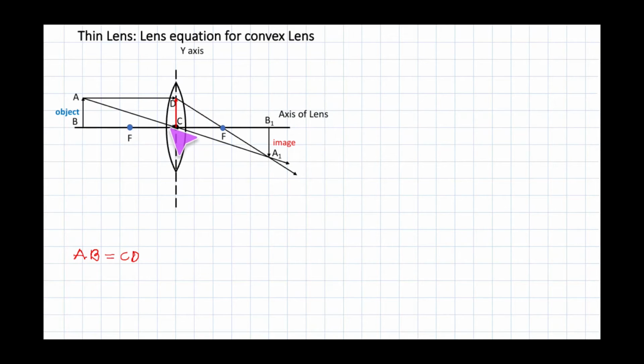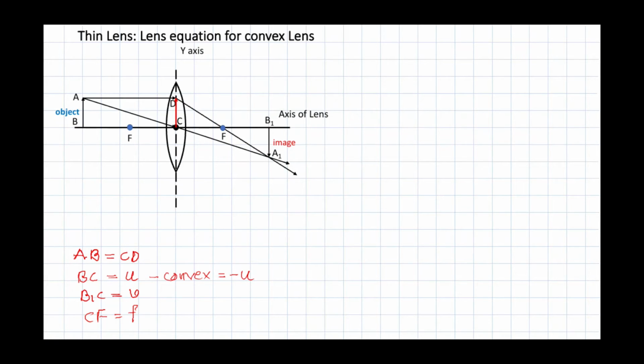So remember that this side from C to B, the distance is object distance, that is u. So remember the distance BC is actually object distance u. Then we can see from this figure C to B1, that is actually image distance. So B1C is image distance v. And from C to capital F, that is a focal length f. So here you need to remember that object distance u is minus, because this is a primary thing.